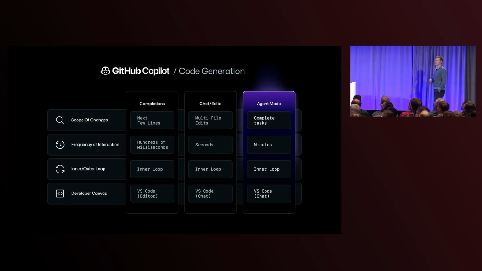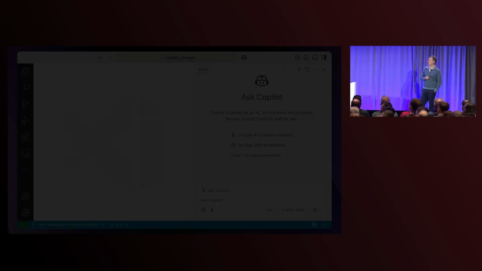And so this brought us to VS Code Agent Mode. With agent mode inside VS Code and now also in Visual Studio and our other IDEs that we support, we're really expanding the capabilities of what our agentic tooling can do to take on complete tasks. It's no longer just, give me some code. It's go solve a problem on my behalf. And now it's going to be the agent taking maybe minutes to solve that on my behalf, to do a big piece of work while I'm sitting there watching it. Still very focused on the inner loop and still focused on VS Code.